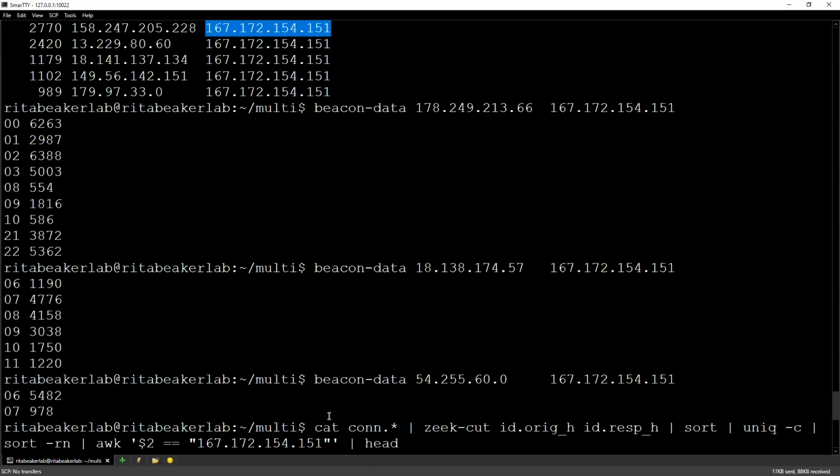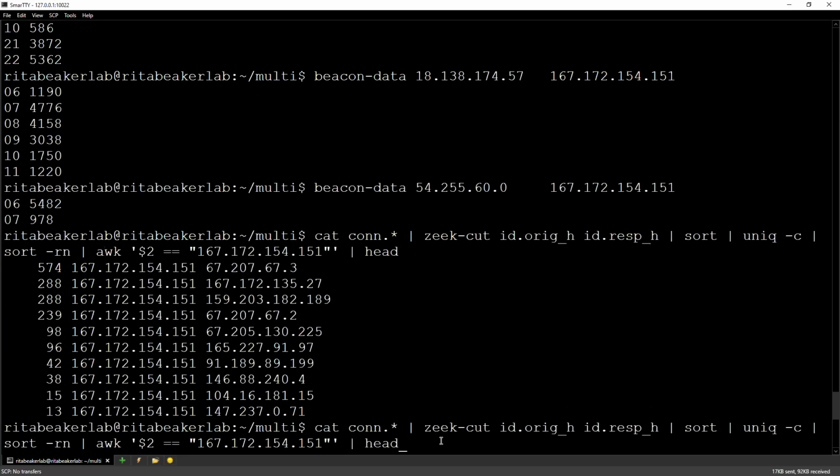So here's the command I'm going to run. I'm saying cat conn.log, same as I did before, Zeek-cut these two IP addresses, and then I'm sorting it, uniq -c, sort -rn. And then see this command here? This command is using awk to say if the second column, that's this column right here, has this IP address in it, go ahead and print that out. In other words, if this IP address is not the source IP, we're not going to see that data anymore. So to contrast the two,